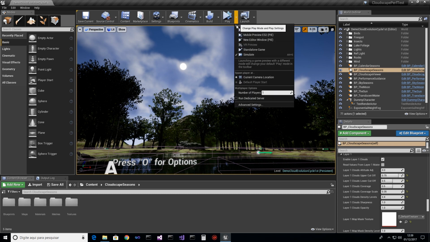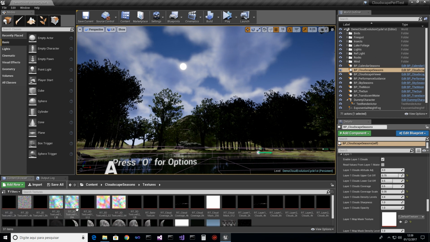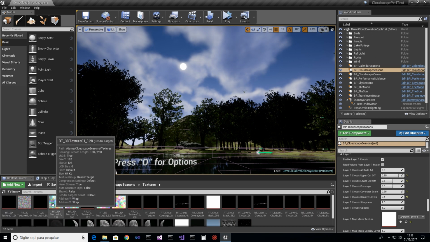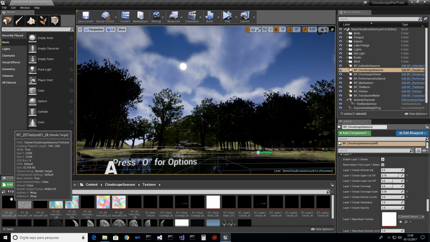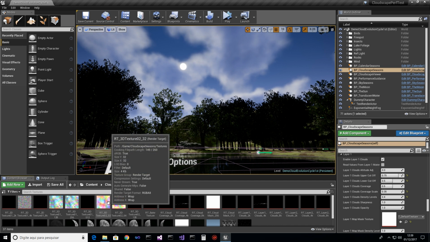It can happen when you are playing a standalone game or you have a packaged game, and this is an issue that happens when you are using this type of render targets that you have here, because when you package this into a game,